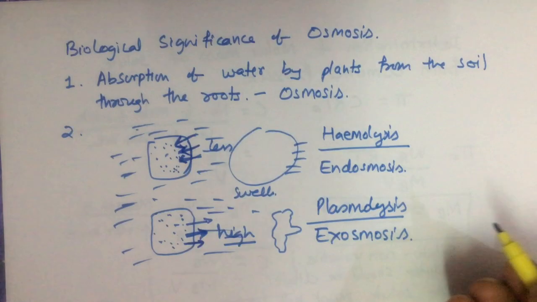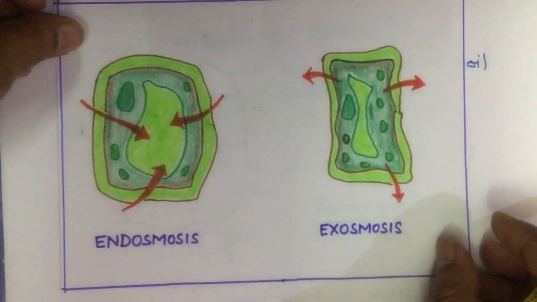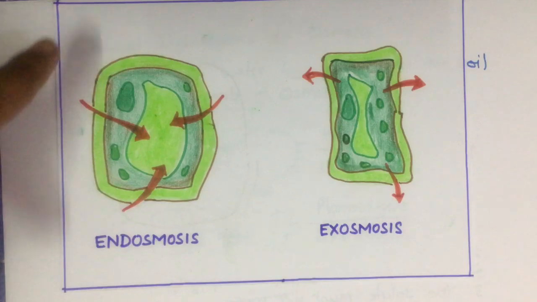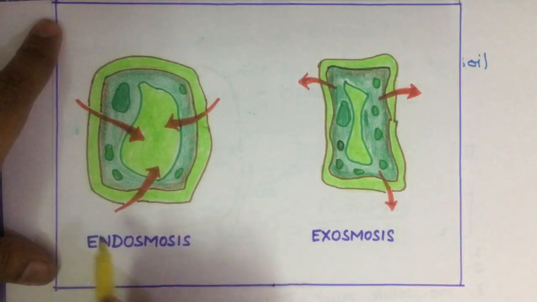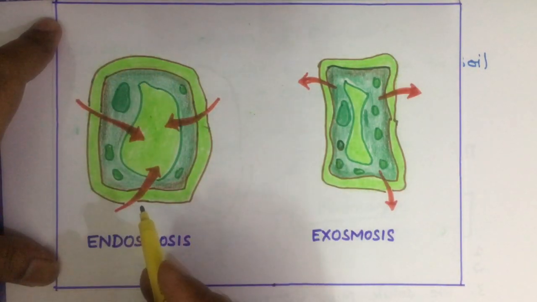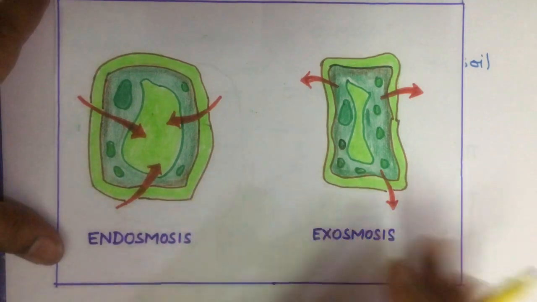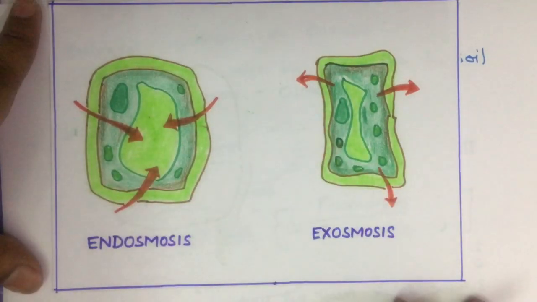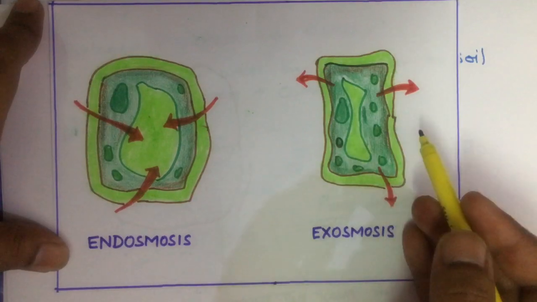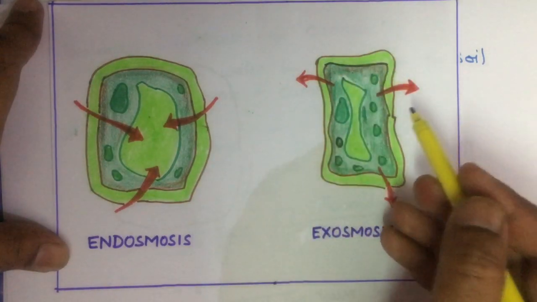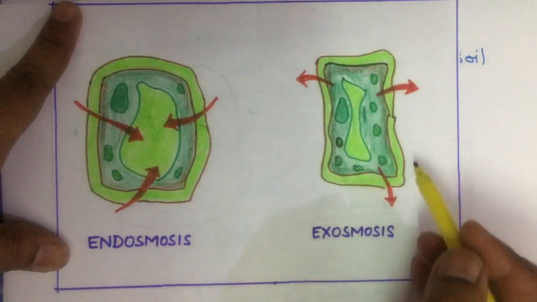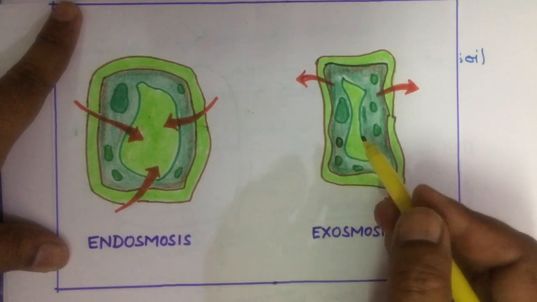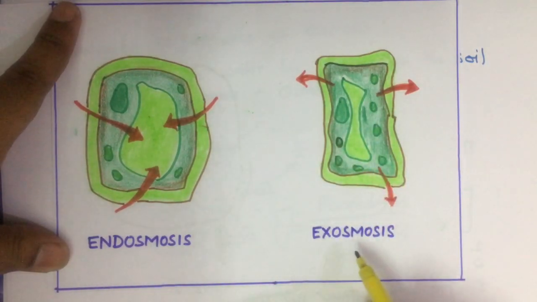Now we can understand with the help of the diagram. This is the cell. It is placed in a medium where the outside concentration is less, so water molecule is moving inside. As a result, the cell swells up, and this is called hemolysis, and eventually the cell can burst. Now here, when the same cell is placed in a medium where the outer concentration is high, the solvent molecule, water molecule will move outside the cell. As a result of this, the cell will shrink. This is called as plasmolysis or exosmosis. The next topic is isotonic, hypotonic and hypertonic solutions.